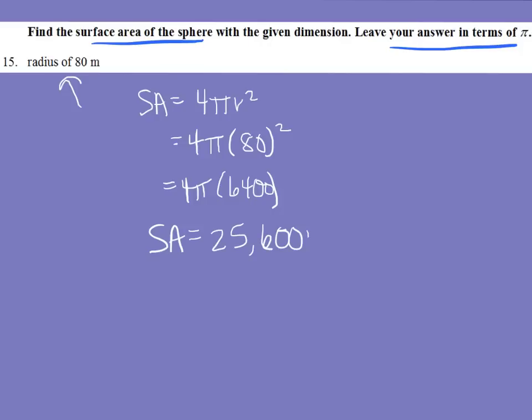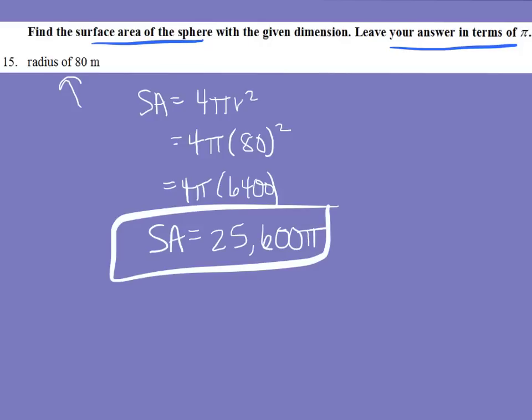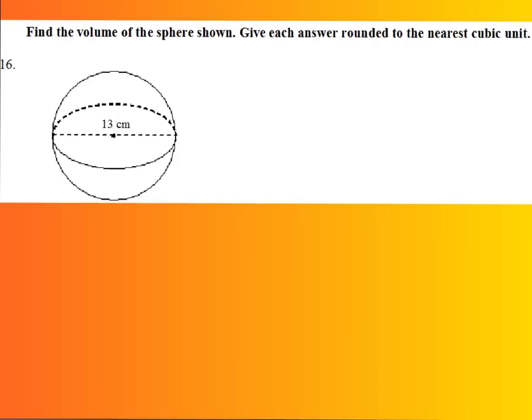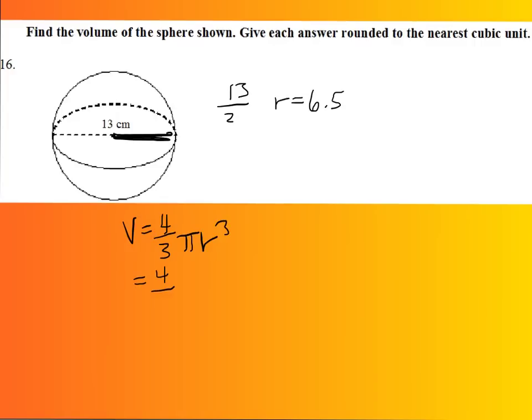This next problem asks us for the volume of a sphere. So volume of a sphere is equal to 4/3 pi r cubed. Now, even though they didn't give us our radius in this picture, we know we can just cut 13 in half and get that our radius is equal to 6.5. So now we can go ahead and plug that in there. And in our calculator, we can do 6.5 cubed by hitting that caret button that's 4 below the green second button. 6.5 cubed times